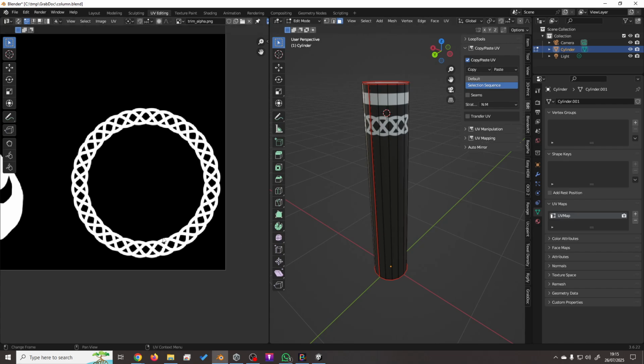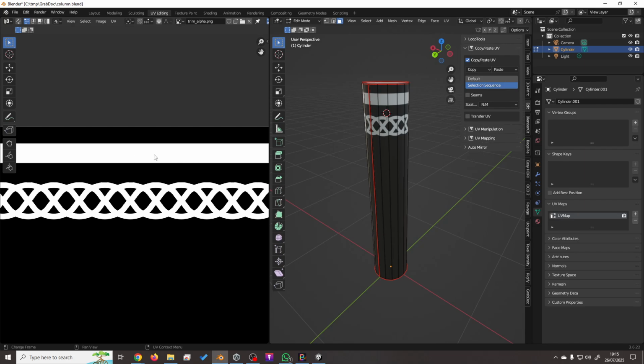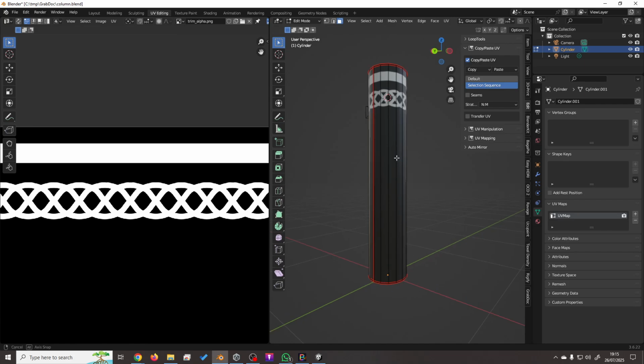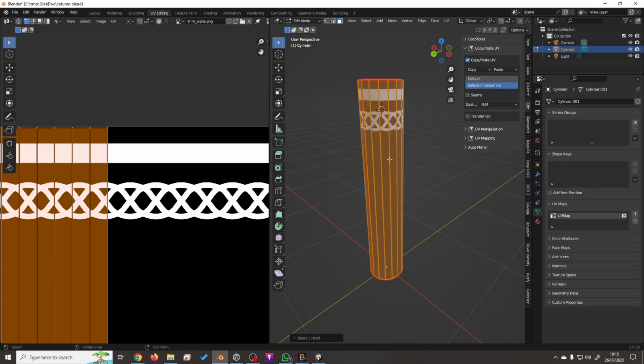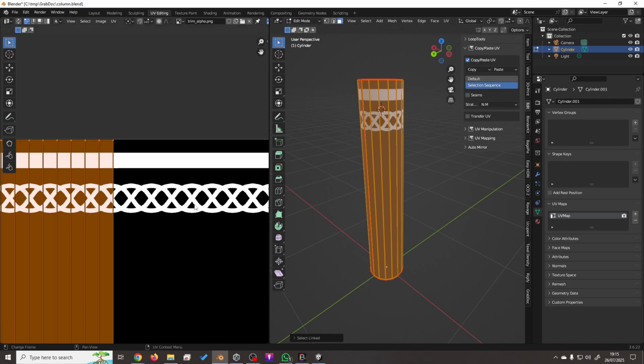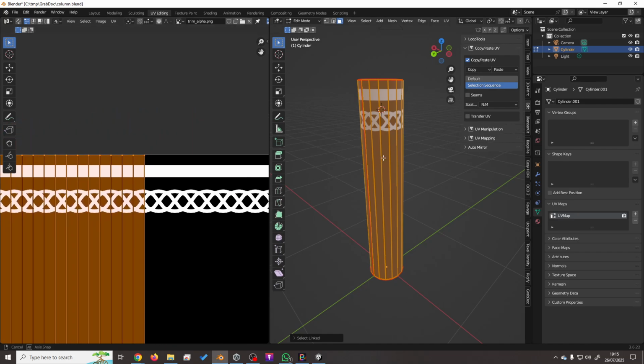But let's start with the stripy bits first. I want to get these bits in place. So I'm going to start with a stripe around the top and the bottom. So what I'm going to do is select all of that bit,